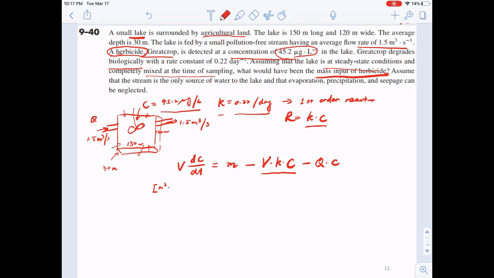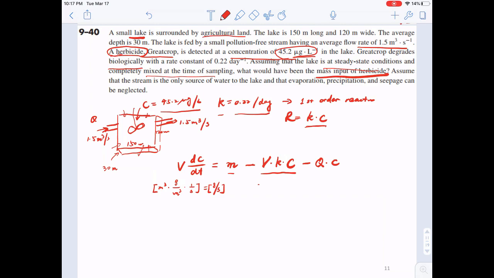The concentration, we can basically set that up. You can see the concentration is microgram per liter. We can just use gram per liter or the gram per meter cube, okay? And then there's 1 over time, right? So this turns out to be gram per second, okay? So if we ignore this mass input term for now, because this is what we are trying to solve for,